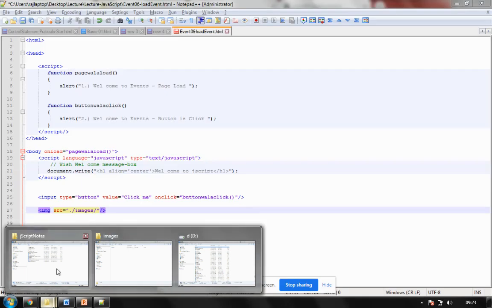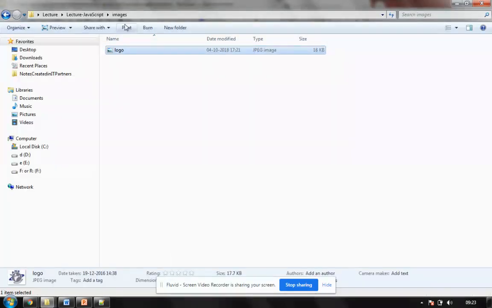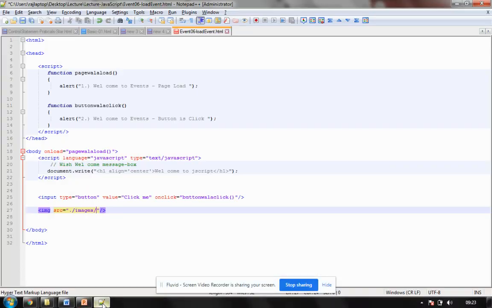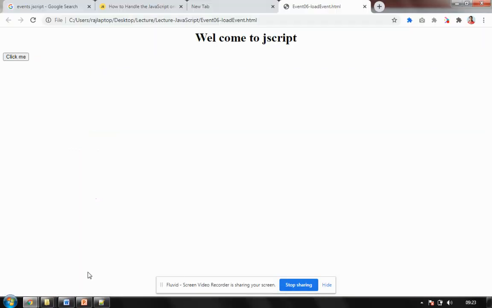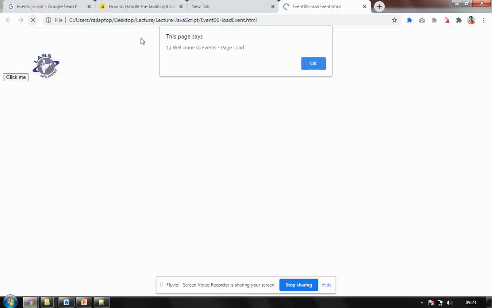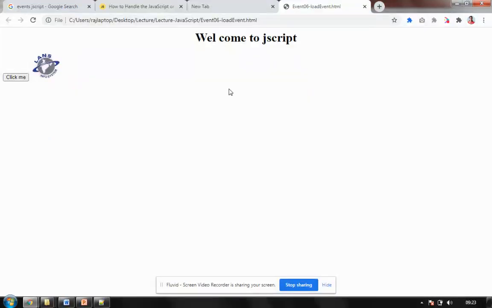I think it is called logo. My image name is logo. It is from the image folder, and it's a JPG, so logo.jpg. I save this. After saving, I refresh. See, now I'm seeing the logo, but it does not have any event.